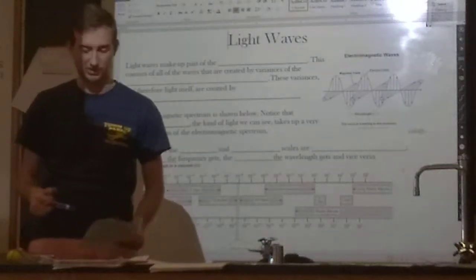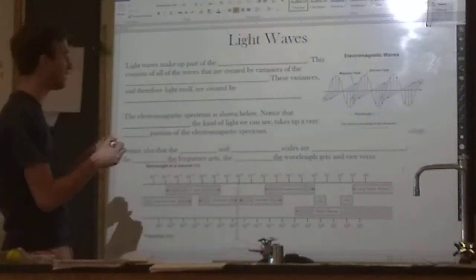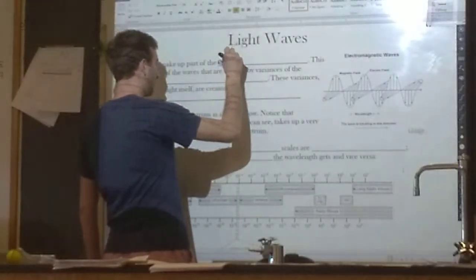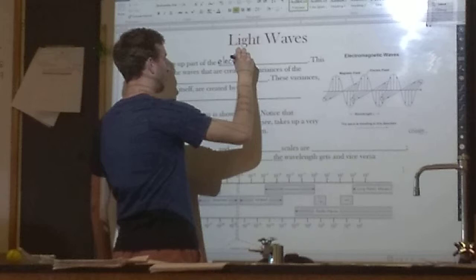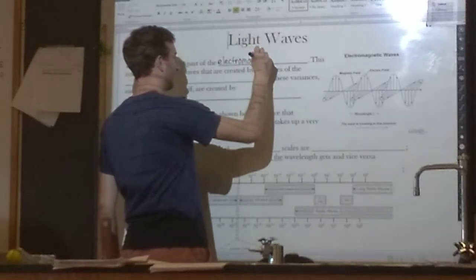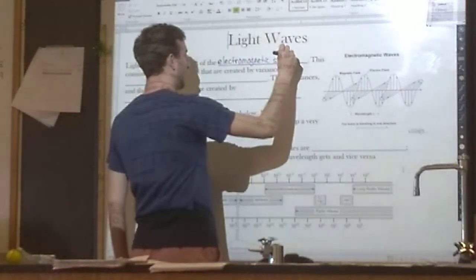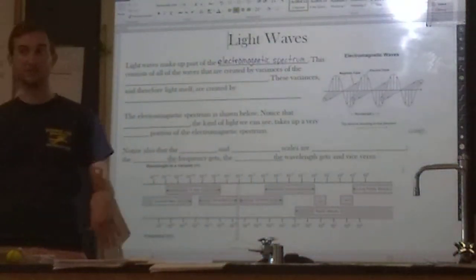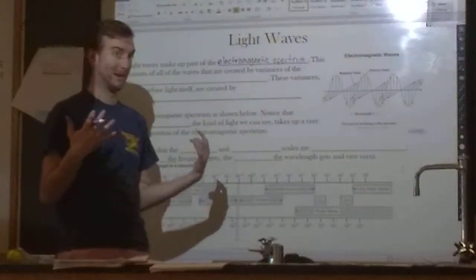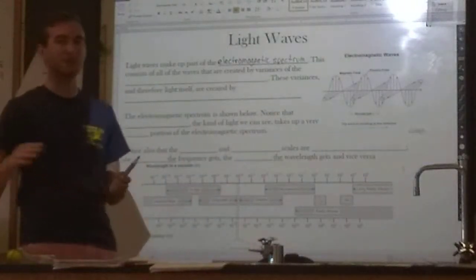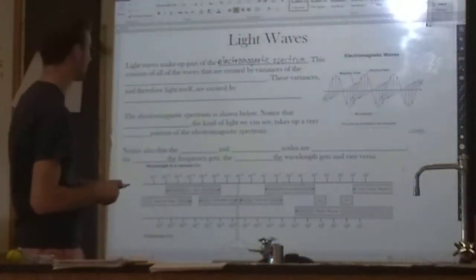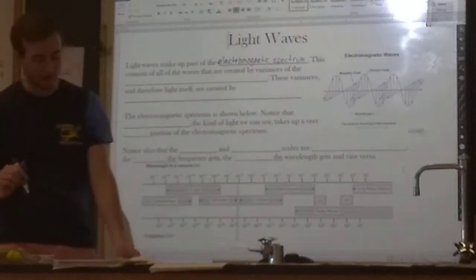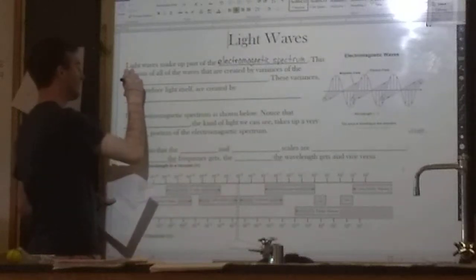We're just going to do the basics today. Okay? So a fancier name for light waves, and a whole bunch of other types of waves, is the electromagnetic spectrum. And you see two words in there in electromagnetic that are important. Electro, meaning something to do with electricity, and magnetic, meaning magnets. Spectrum implies a range of something. The electromagnetic spectrum is the range of all the waves that are created by variances of electric